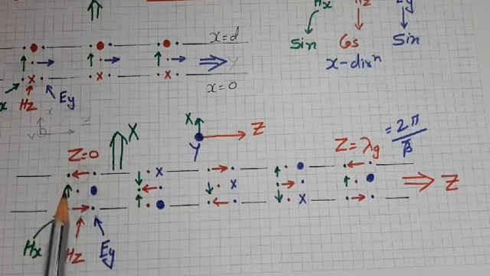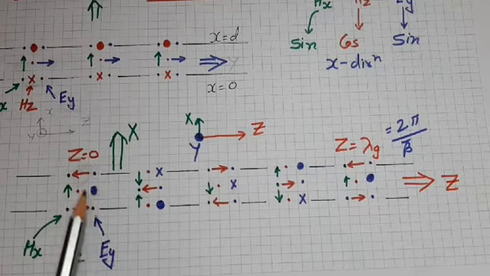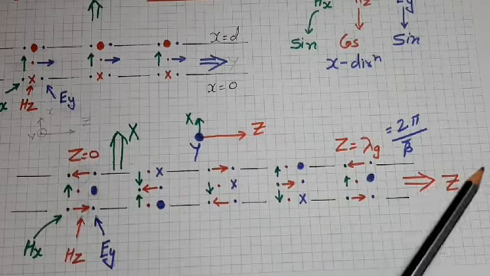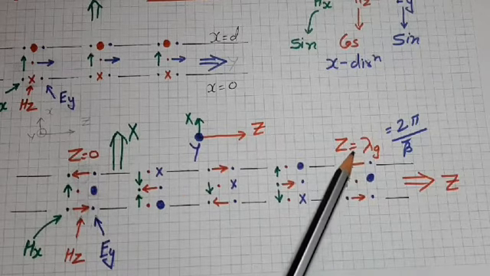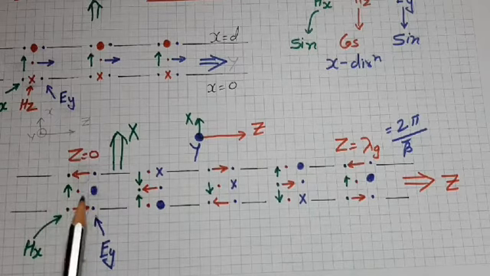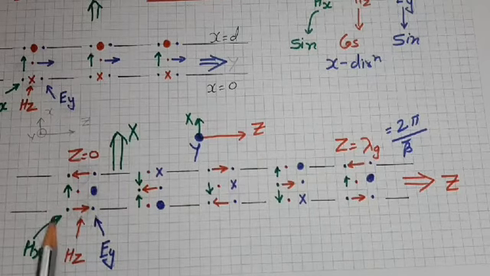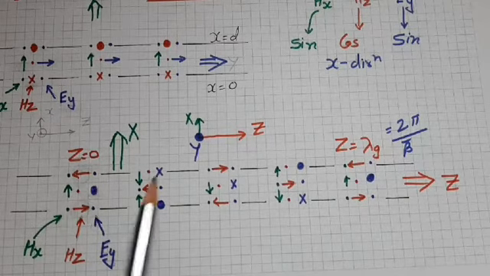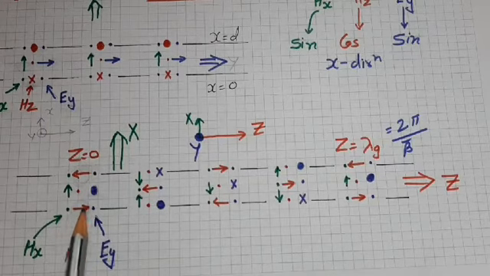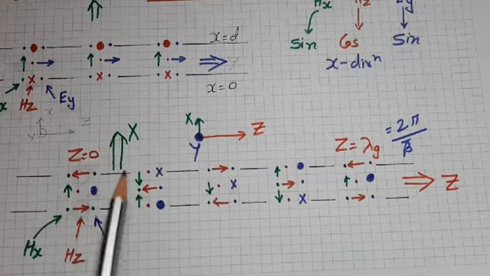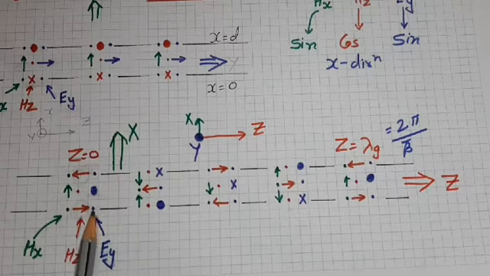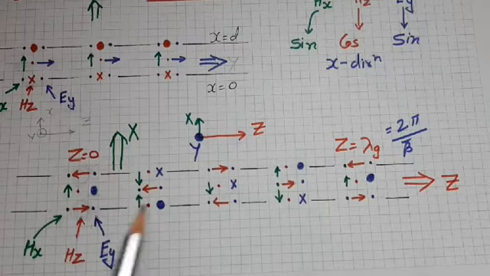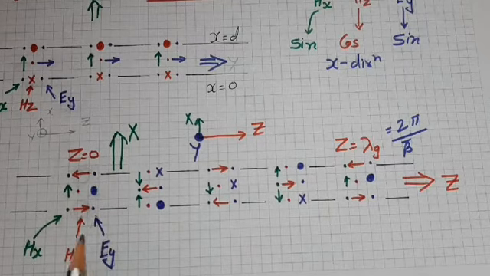Now as we know, in case of waveguide, the field always varies sinusoidally in z direction with wavelength lambda g, which is known as guided wavelength. Therefore, now each field expression will vary sinusoidally in z direction. For example, if we take Hx component, then it will vary sinusoidally in z direction. Similarly, if we take Hz component, it would also vary sinusoidally in z direction. If we take Ey component, then this will also vary sinusoidally in z direction. We observe this sinusoidal variation for each field one by one.